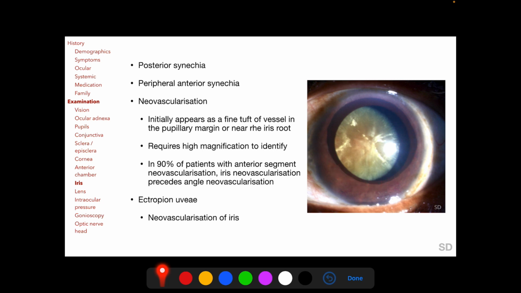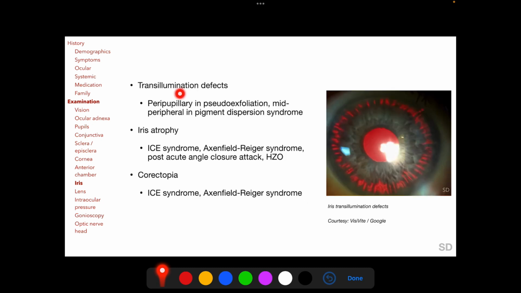Ectropion uveae typically occurs in neovascularization of the iris. Transillumination defects of the iris can be detected, and they are said to be mid-peripheral in pigment dispersion syndrome, as seen in this photograph, or peripupillary in pseudoexfoliation syndrome. Transillumination defects are readily detected in the light-colored iris of Caucasian eyes, but are less frequently found in the heavily pigmented iris